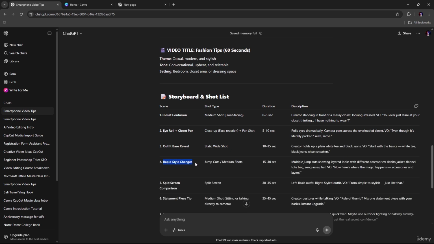And the next scene, number 4, is rapid style changes, and it could be jump cuts with medium shots, and the duration is 15 to 30 seconds. The description is multiple jump cuts showing layered looks with different accessories, like denim jackets, flannels, tote bags, sunglasses, and hats. And the voiceover: now here's where the magic happens, accessories